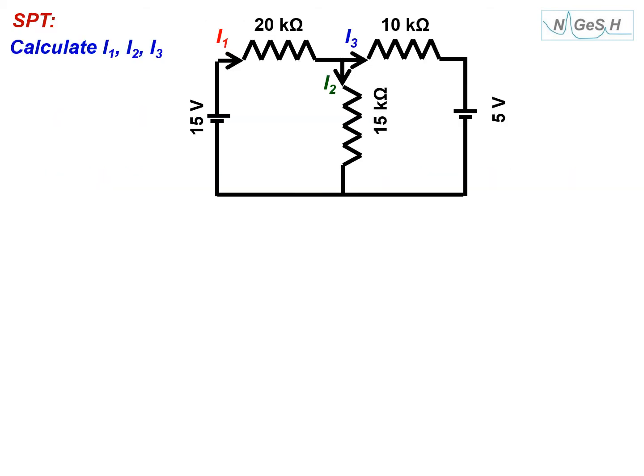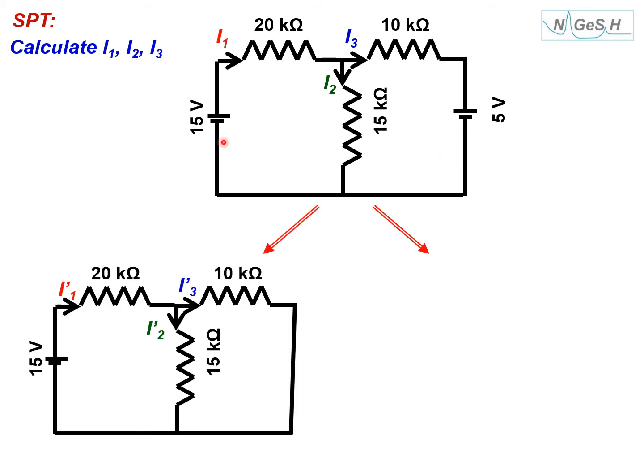Let us do some example here. We have two sources here. This is one source, this one source. The same problem we have solved by different techniques so that we can compare the results. Here now what I would say is that first I will consider this source. What do I mean by consider this source? This source I will short circuit because there is no internal resistance given here. I assume it's an ideal source. So I'll short circuit this and I'll keep this source. Similarly, when I consider this source, I'll short circuit this.